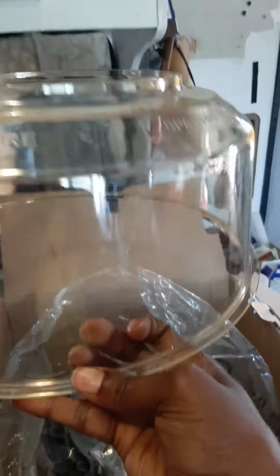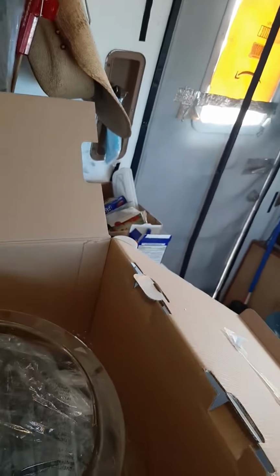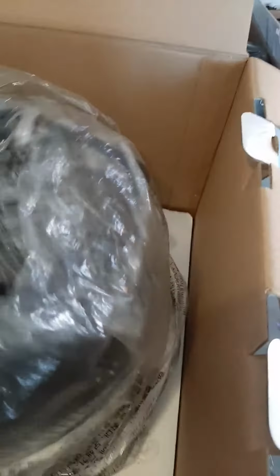Okay, there's the dome. Or is it the hood? What was this part called again? Wait, what was that part called? It is the number 2. Okay, that right there is the power dome. And then it's the power hood. So, power dome. Okay, here is the...